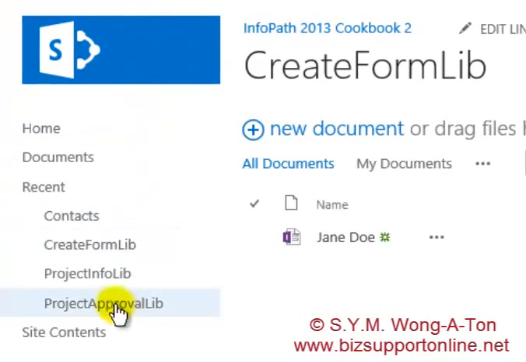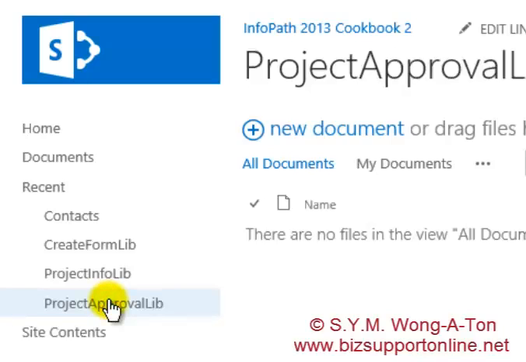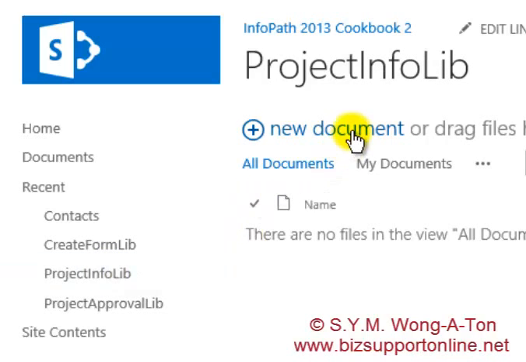The second example is we've got this project info lib form library in which we want to add or create InfoPath forms that contain data for projects. And then once we add an InfoPath form to this form library, again we want a SharePoint Designer workflow to run and create an approval InfoPath form that is linked to the InfoPath form that I created in this project info lib form library. So if I add a new document here